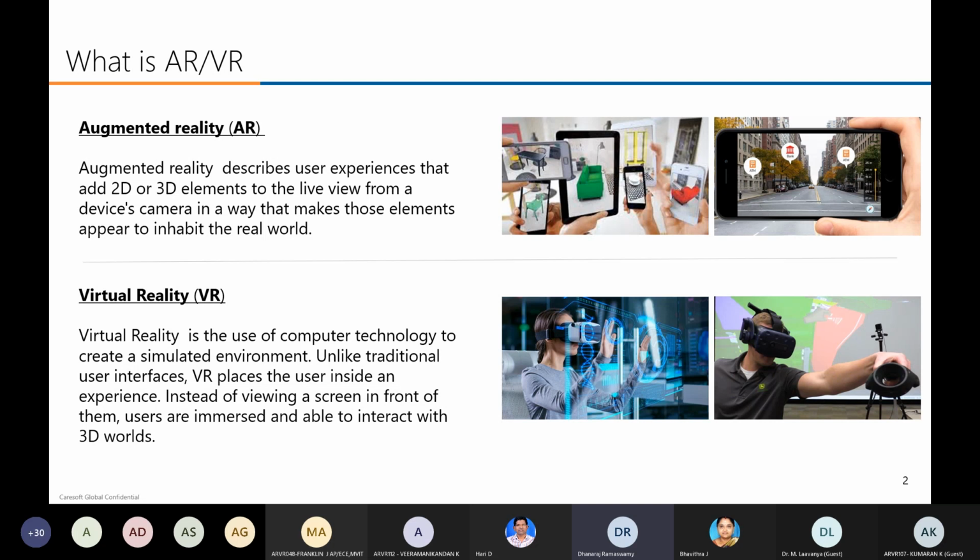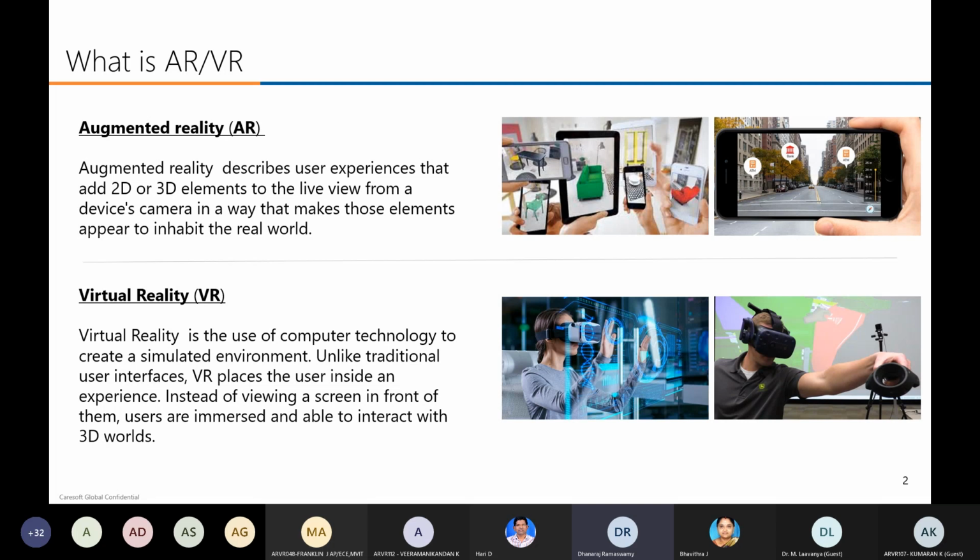Using a mobile, you can use augmented reality. The main thing is the mobile has to support augmented reality features. A normal mobile won't support augmented reality. While buying a mobile, just like we check whether it supports 2G, 3G, 4G, we have to check whether it is an augmented reality supporting mobile. If it is, it will run all the augmented reality applications.